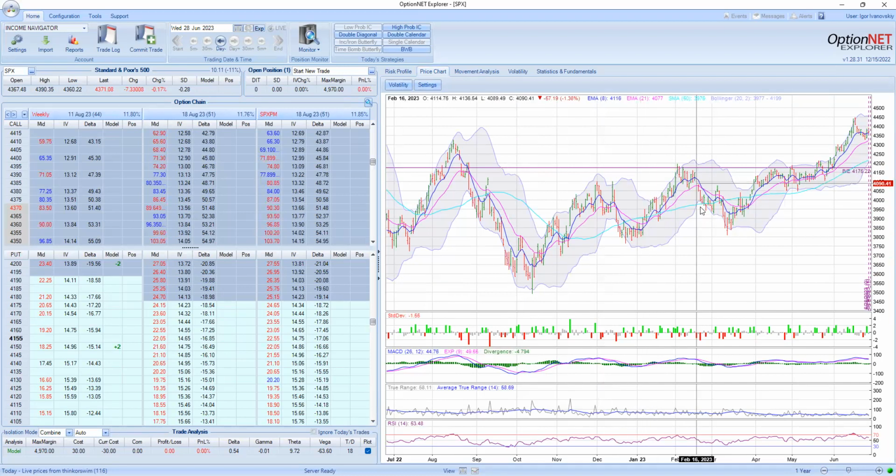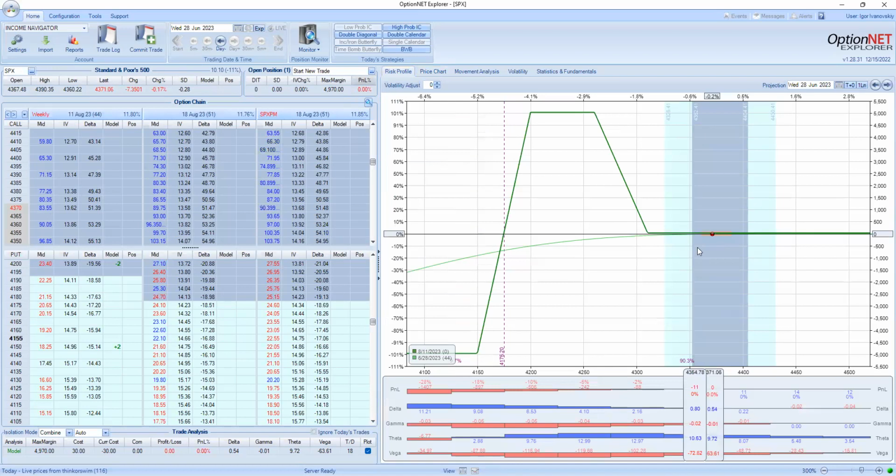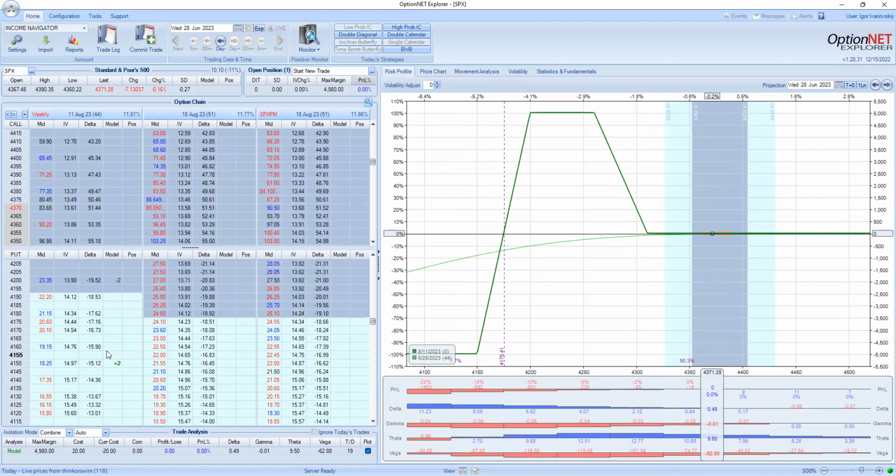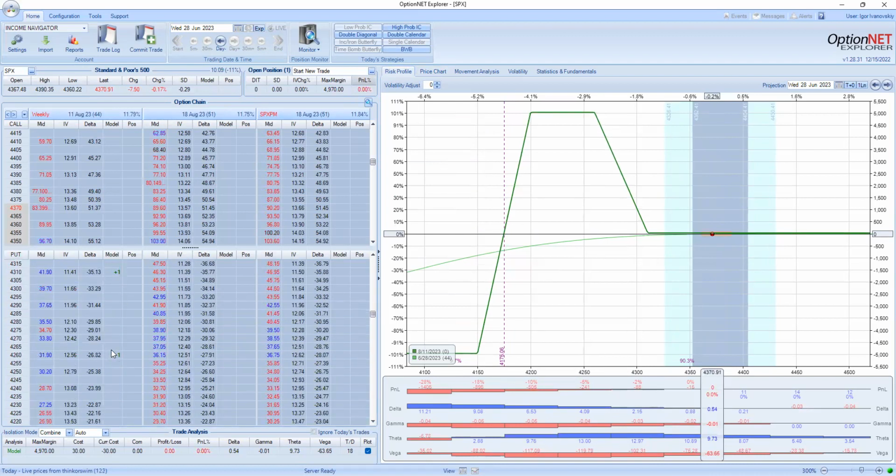I don't know how much gas is left in the tank. I think we may go sideways for the rest of the summer, or at least until August 11th. I'm not as bullish. I think we're going to see a little bit more of back and forth. Okay. What you can do, instead of putting your put debit spread